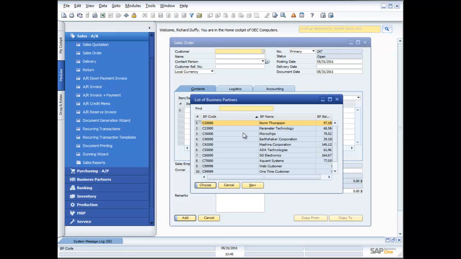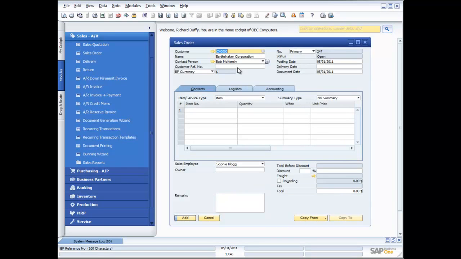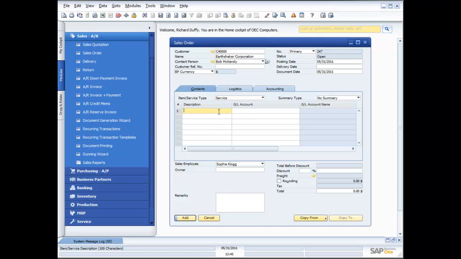So again, we'll pick Earthshaker Corporation. The same things apply in terms of putting in customer reference numbers, putting in your posting dates and your document dates. What's different when you're working with service-based invoicing is instead of your item or service type here being item, all you do is you choose service. And then it's simply a matter of typing in a description of the service that you're supplying. So in this case, I might say installation of printers